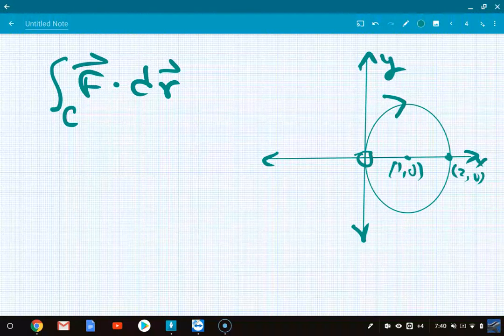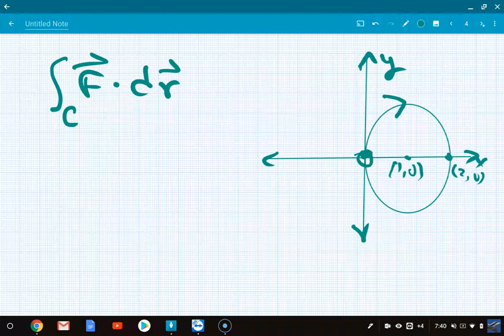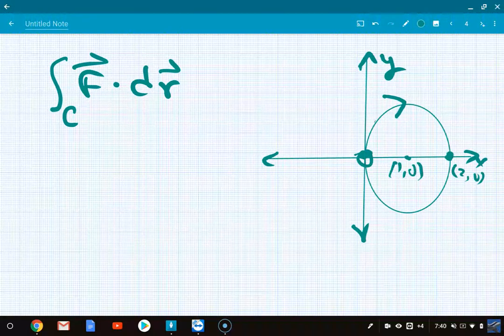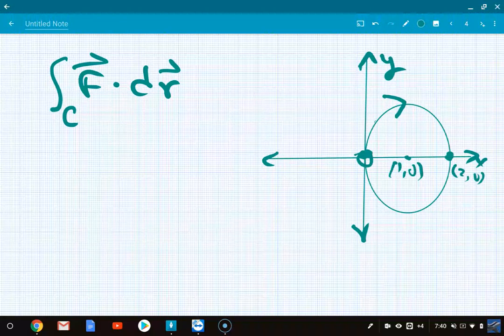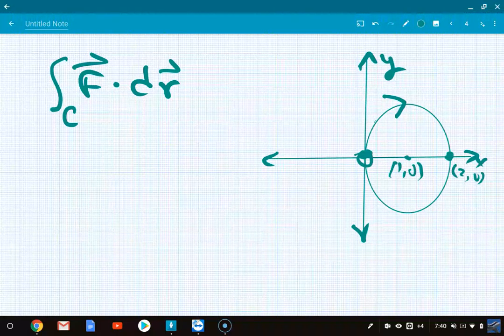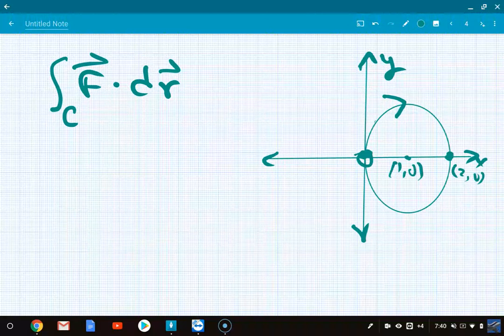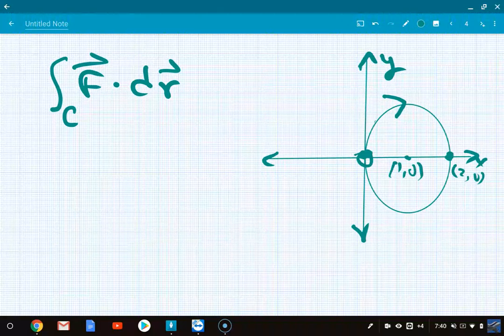All right, so here's the curve. I'm starting here. I'm moving along the upper half of the circle. I'm stopping here. Okay? So I'm doing a circular path, but this one is not centered at the origin. A little bit different. And my force vector, my vector field, is